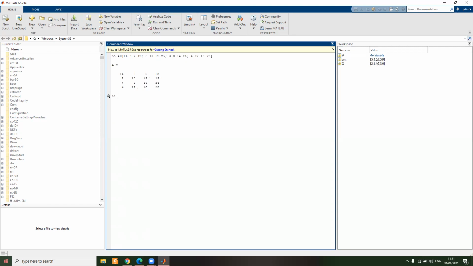Fine. So now we are finding sum of A. So what will come? It will show me like this one. If we take its sum, it will show me like this one. So if we write here A dash, it shows me like this one. This is the transpose of the matrix. So if we write sum of A transpose, then brackets, then again this, the output is this one. Suppose we need the diag of A.